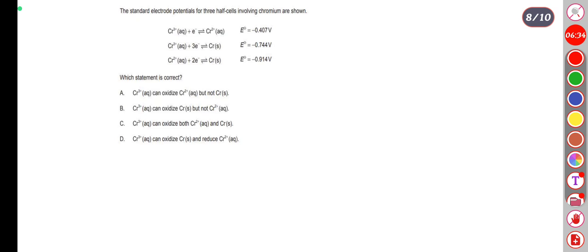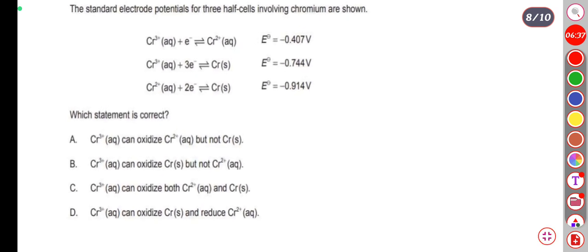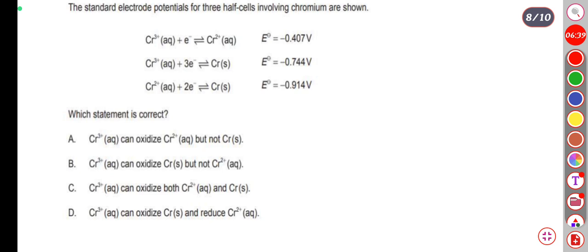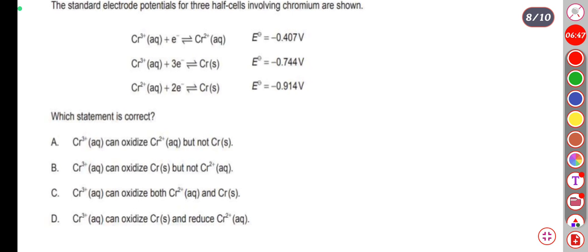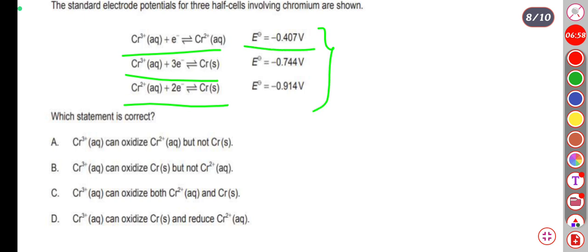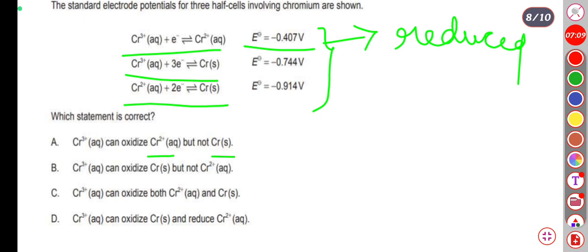Next question. The question is about standard electrode potentials. They have given the electrode potential values for 3 cells: chromium 3 plus to chromium 2 plus, chromium 3 plus to chromium, and chromium 2 plus to chromium. The idea is that the hint given is the electrode potential value. The higher the electrode potential, the more it gets reduced, or it oxidizes the other species. The options given are: chromium 3 plus can oxidize chromium 2 plus but not chromium; it can oxidize chromium but not chromium 2 plus;